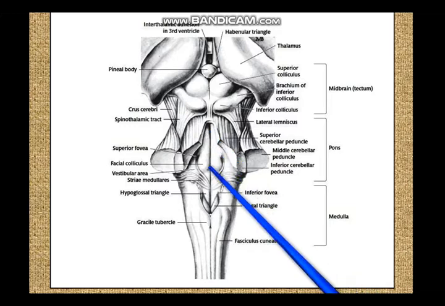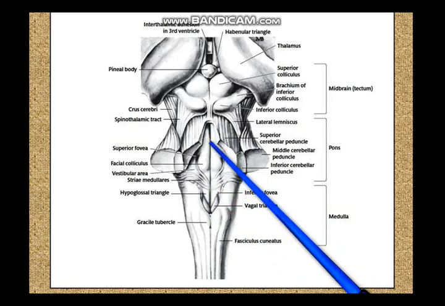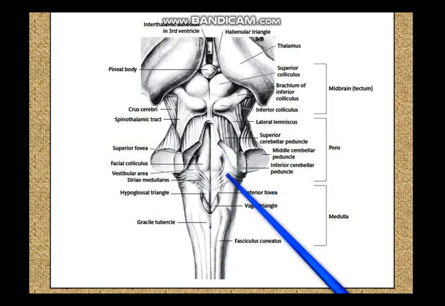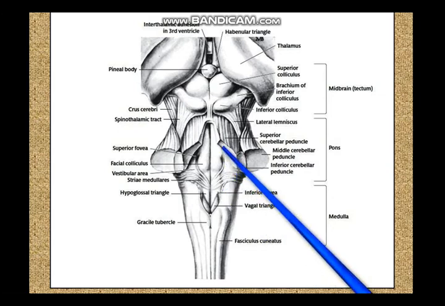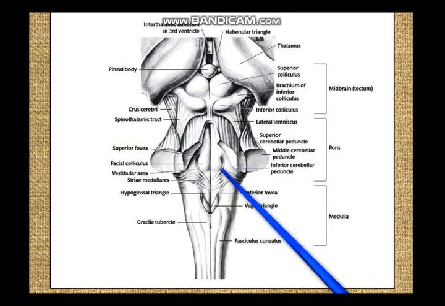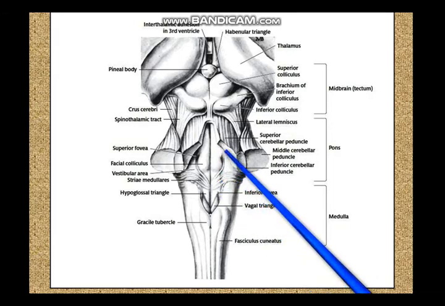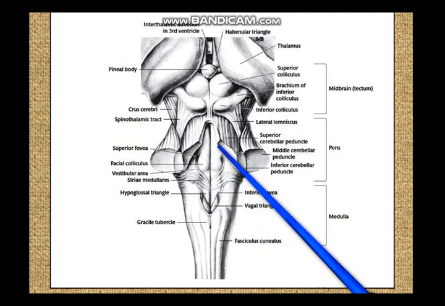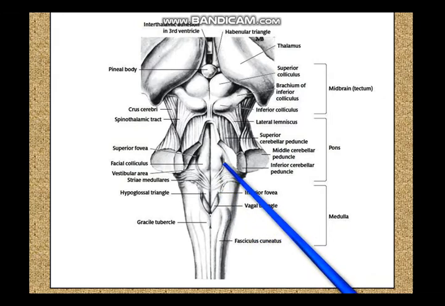And in the floor of the fourth ventricle again you have that median sulcus, the posterior median sulcus, and you have another sulcus over here which is slightly shallower, but it's still there. This lateral sulcus is called the sulcus limitans. This is the junction between the columns of the sensory nuclei and the motor nuclei, that is the sensory part and the motor part of the neural tube. You know that in the developing neural tube, laterally you have the sulcus limitans. So you have the sulcus limitans here and you have the posterior median sulcus over here.